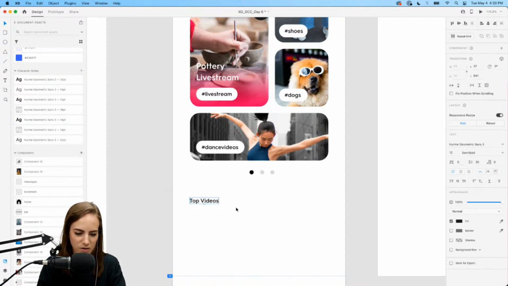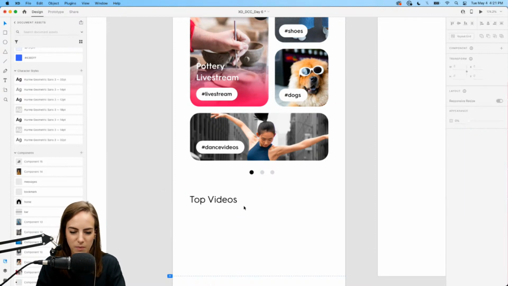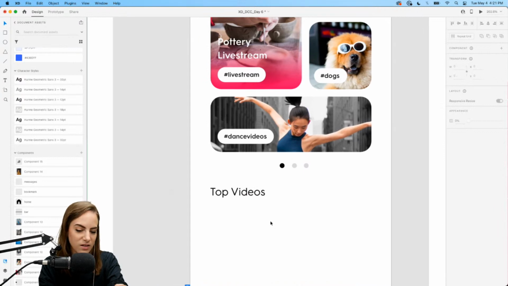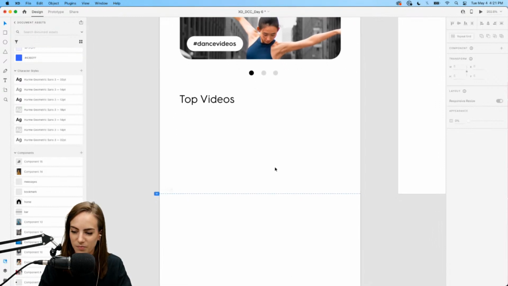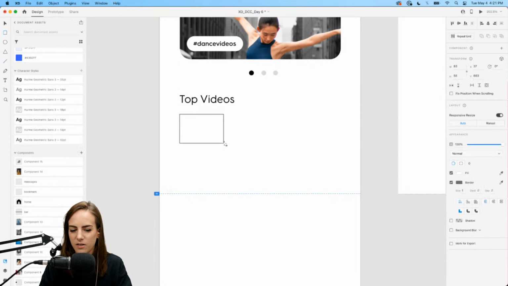Yeah, I'll just leave it like what it was earlier. Maybe like 20 would be better. That looks good. And the font I'm using today is Hermie Geometric Sans 3. Okay, so here, maybe we want these to be, again, some photos or videos, but more horizontal for all of